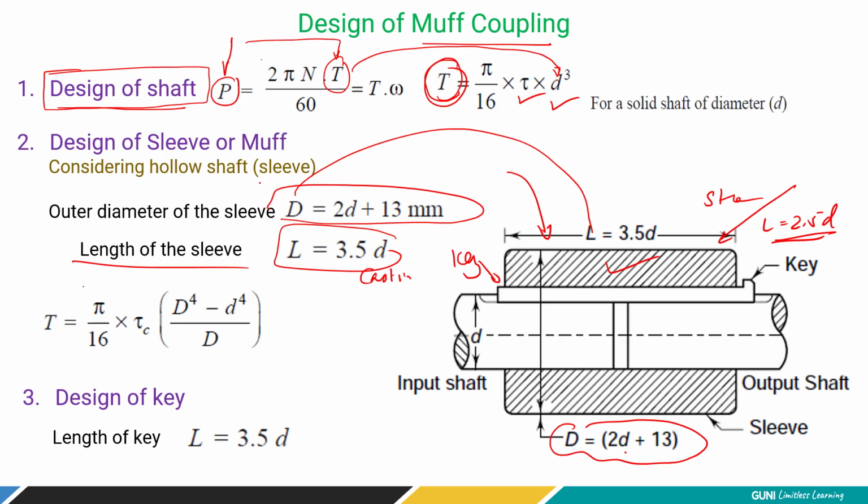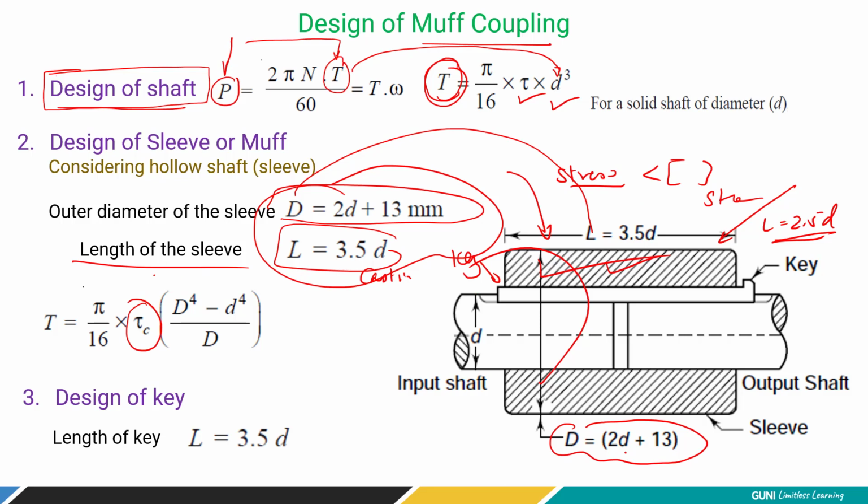Now, as a part of design, once you know the dimensions of the part, you have to verify the stresses generated and keep them under the permissible value. Here, because it works as a hollow cylinder transmitting torque, we have to find the torsional shear stress. Because the muff itself is hollow, we have to utilize the equation pi by 16 tau into D raised to 4 minus d raised to 4. We have to treat it as a hollow shaft. Here we know the dimensions and the torque transmitted, so we have to find the shear stress induced in the muff coupling.